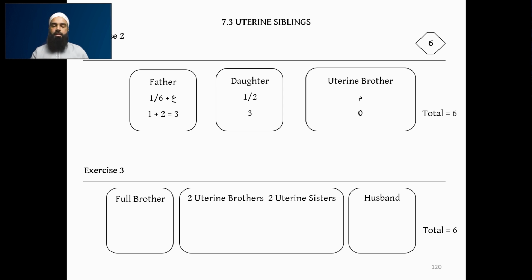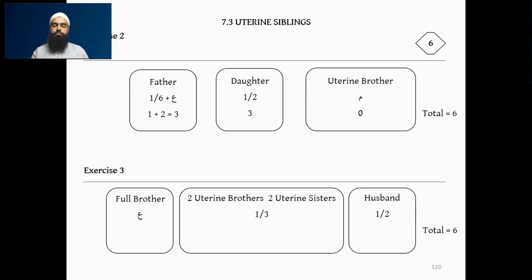To reveal the answer, husband, because there are no children, receives a half. The 2 uterine sisters and 2 uterine brothers, we just combine them. There are 4 of them. You don't have to keep them separate, but it's fine. You can do it like that. Uterine siblings, you could have written it down, but I just wrote it separately to show you how else you can write it. So because there's more than one of them, they will receive a third shared together, and a full brother will receive the remaining. He will be the agnatic shareholder.